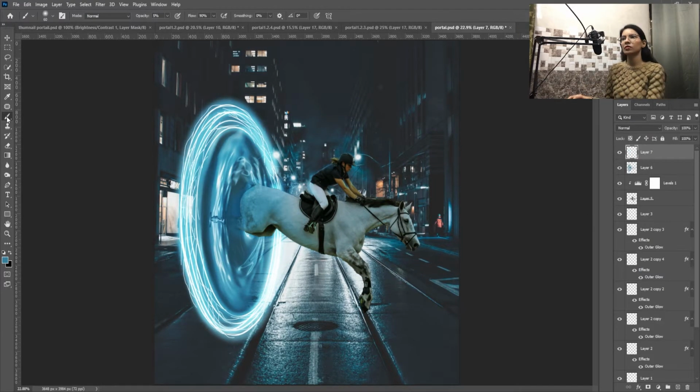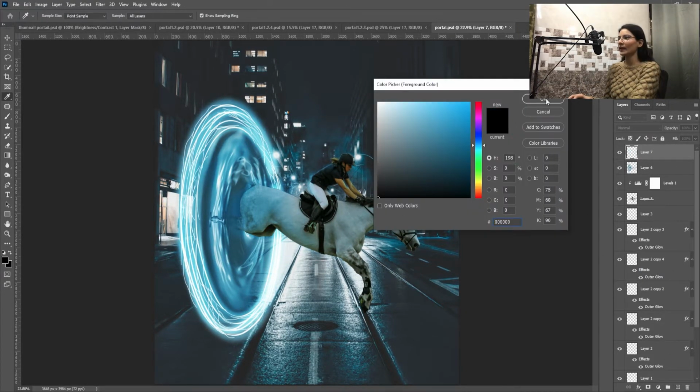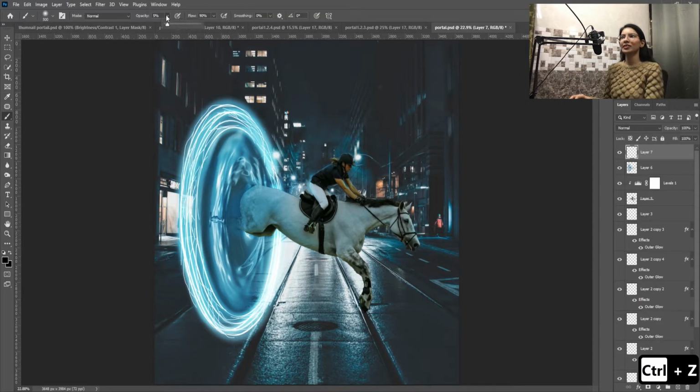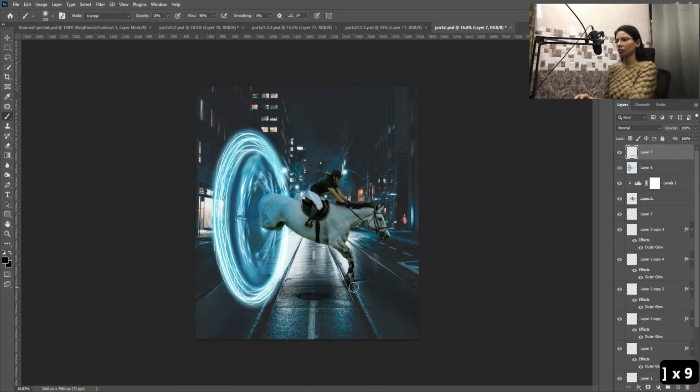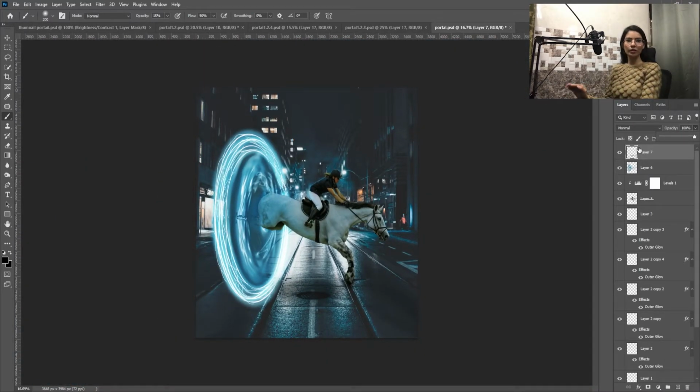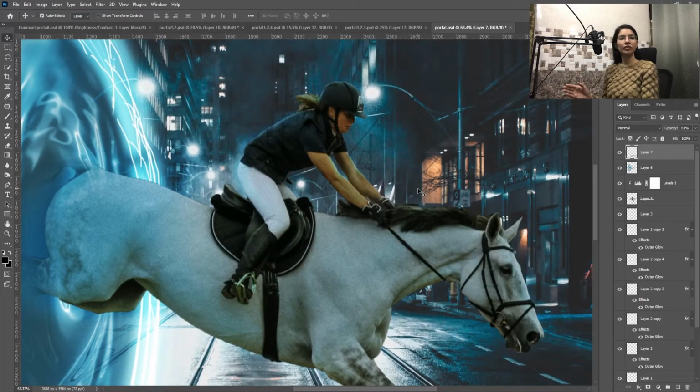Create a new layer, select the brush tool, fill the black color and then hit OK. Increase the opacity a little bit. Decrease the opacity a little bit of the shadow. And now create the shadow on the face.